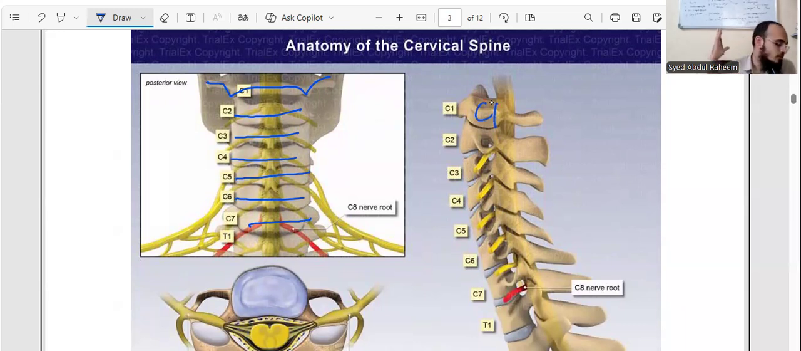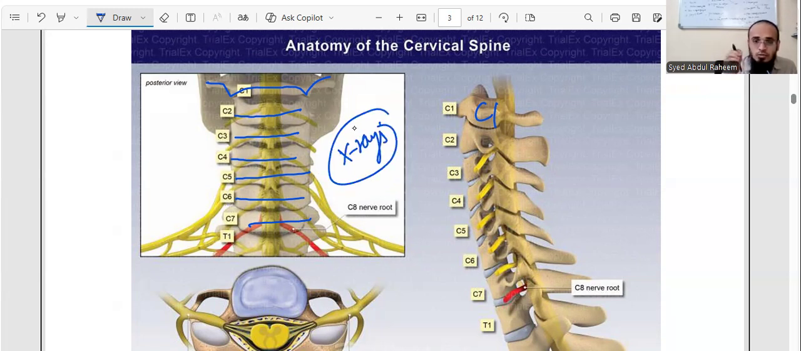This is the side view. This is the posterior view. Some X-rays will be done in the anterior view. So there are lateral view, posterior view, and anterior view. Before examining the bones or anything, sometimes we need a cervical X-ray, to know the structure of the bones; nerves mostly cannot be seen in the X-ray. This is C1, this is C2, this is C3, this is C4, this is C5, this is C6, this is